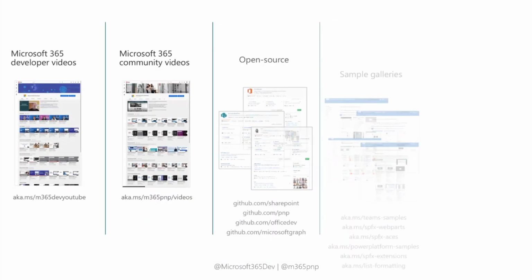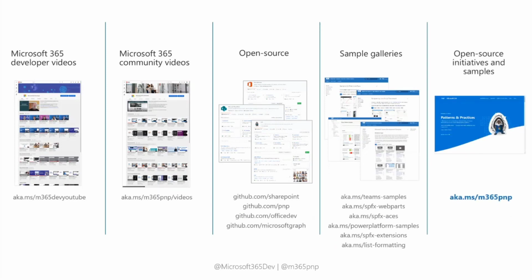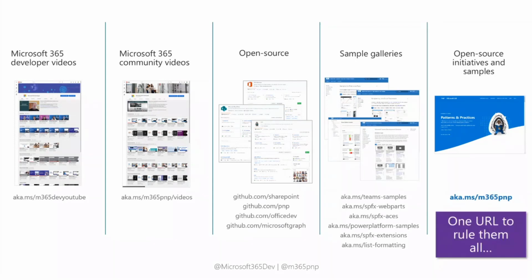Jumping now into all of the different ways to get involved in the program, the only link you really need to remember is aka.ms/m365pnp. Boy, we are still animation heavy. So M365 developer videos is that first section. Those are going to be topic focused videos on how to get started doing various things, adaptive card extensions, SharePoint Framework web parts, calling the Microsoft Graph. Our community videos are going to be recordings of our various community calls, such as this one and all our other calls.